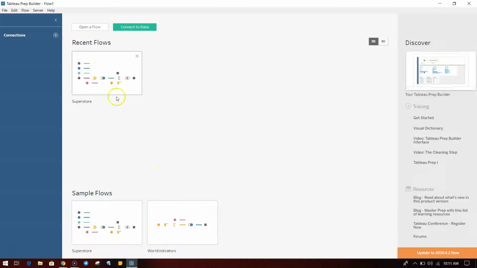In the middle you have the recent flows. Sample flows have been given for Superstore and World Indicators, like you have in Tableau itself, the World Indicators and Superstore visualizations. The same samples, the flows are over here, which you can view and try to understand. On the right-hand side you have some training material like getting started, visual dictionary, video tutorial, cleaning step, Tableau Prep, some instructor-led classes information, and down there you have some blogs and resources and the forums, and finally update to